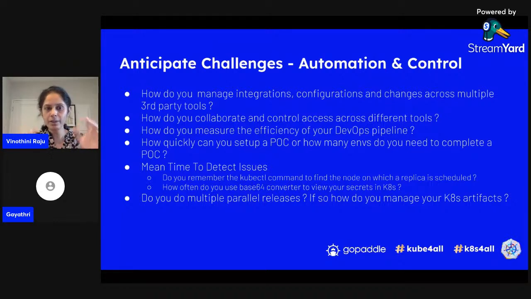Now, having deployed to Kubernetes, we have seen all the implementations of writing YAMLs, Dockerfiles, and everything. But as a team, when we come together and start building the automation, we start looking at multiple third-party tools. How do we manage integrations and configurations in one place? Now, this is a question to the community. You have your source control repos. You have cloud environments. You have